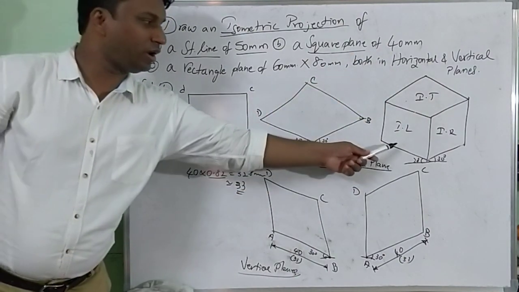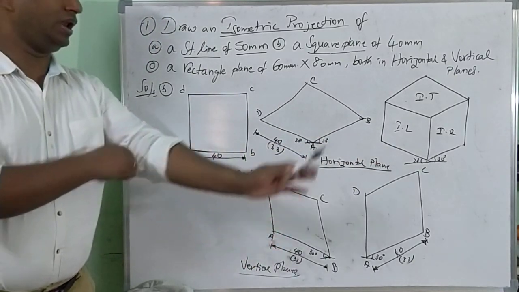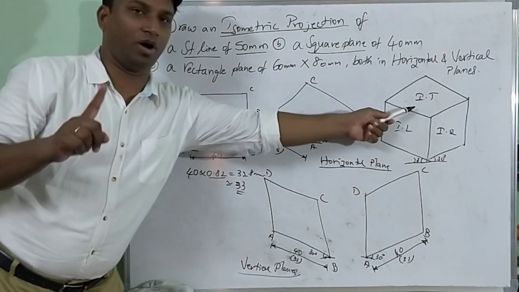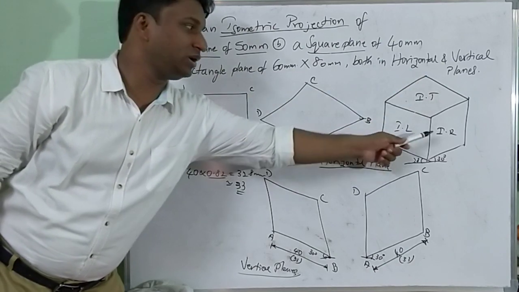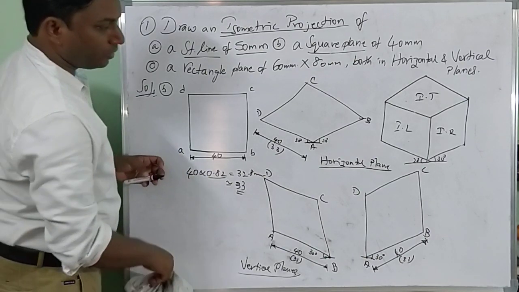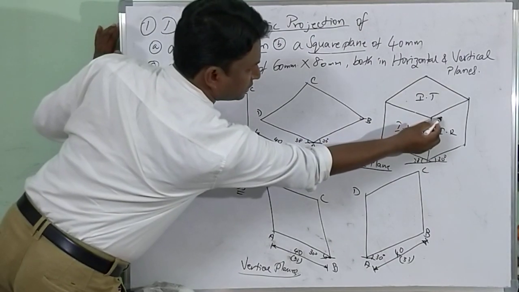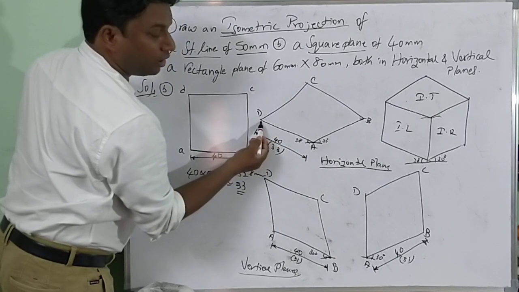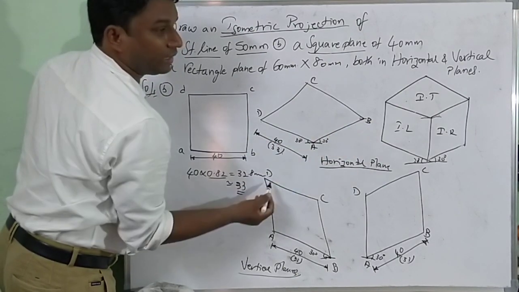With respect to the principle of isometric projections, we have three sides of a cube: left, right and top. As per that, horizontal will have only one plane, iso top plane. Vertical will have two planes, iso left plane and iso right plane. So we started the iso horizontal plane, iso top. With respect to this we have 30, 30 here. So draw a 33 mm line at a 30 degrees angle on the right side as well.